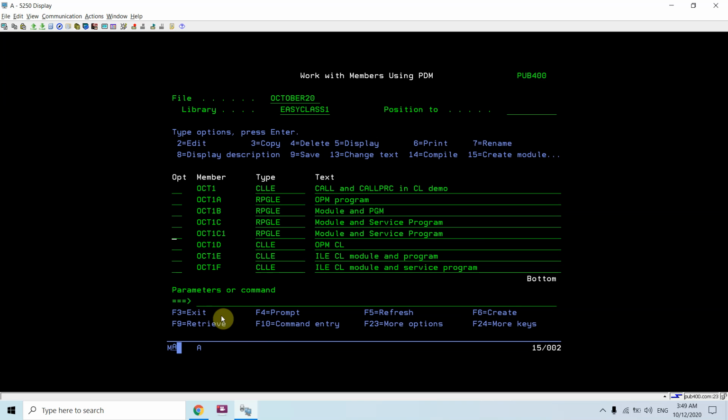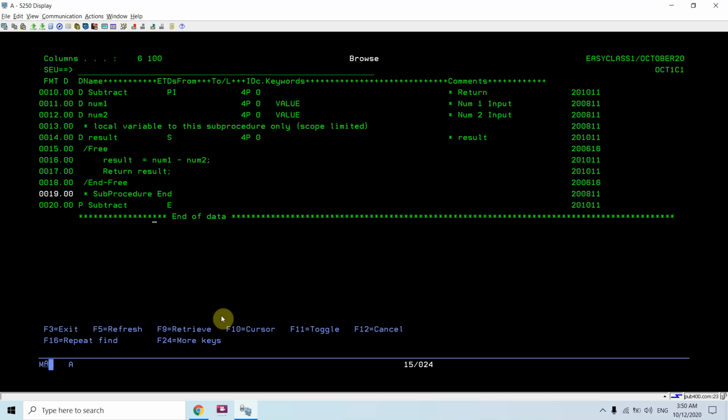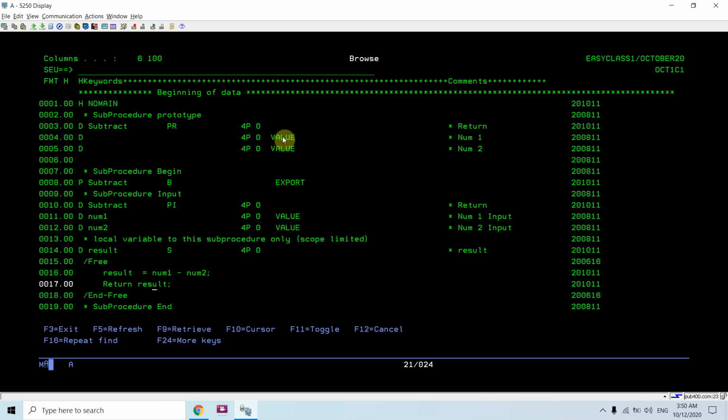Now the next thing is, for example, we have a domain module here, in RPG, and we created the subtract procedure there, and we have the procedure prototype and the procedure interface for that, which is accepting two numbers and returning the result, of type 4p0.